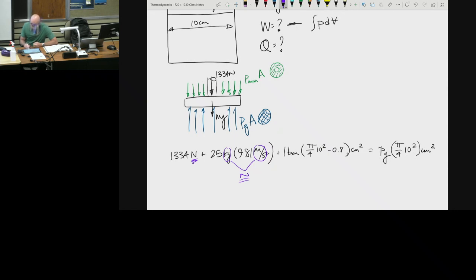But now we have bar centimeters cubed, and that's going to be a problem. So I'm going to start calculating these things and put them together, and we'll go through. So I'm going to do 1,334 plus 25 times 9.81. Okay, 1,334 plus 25 times 9.81. The first two terms are going to give me